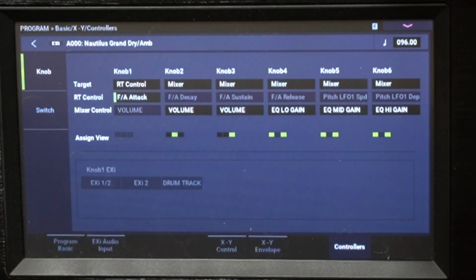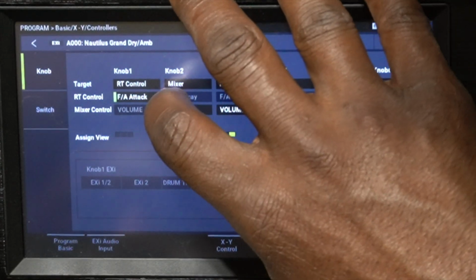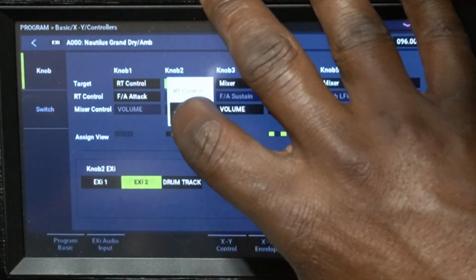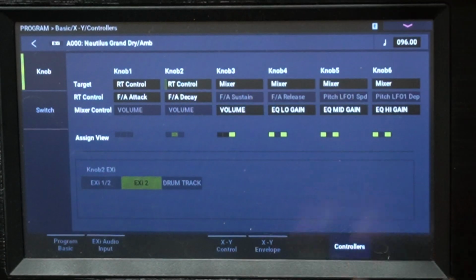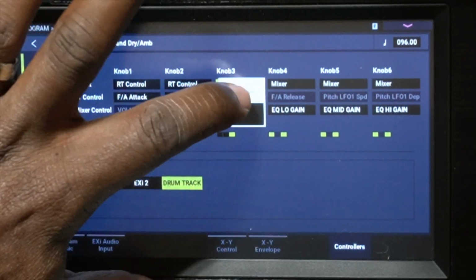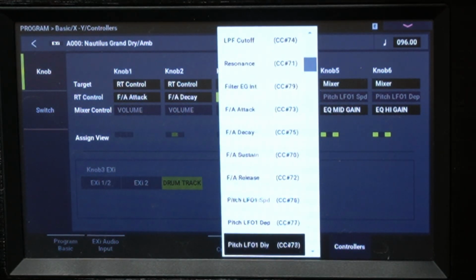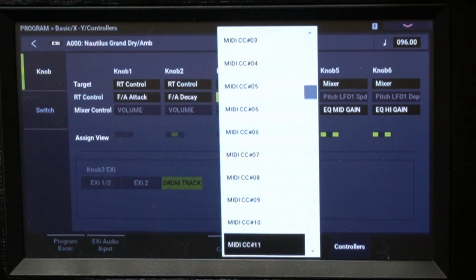Now his real-time knob is controlling the attack of his sound. Then if he does it for the second one, he can change it to another parameter, and now it says decay, real-time control. Now it's at sustain, and he can change that to any parameter that's within here,